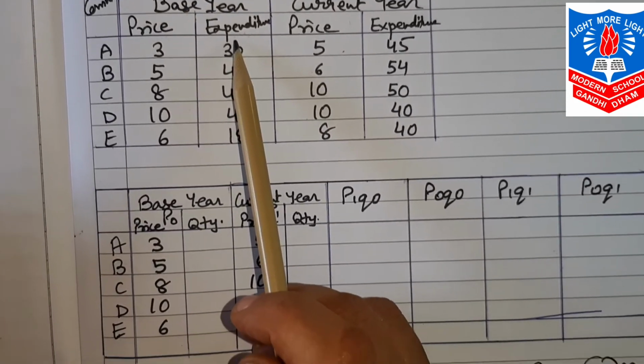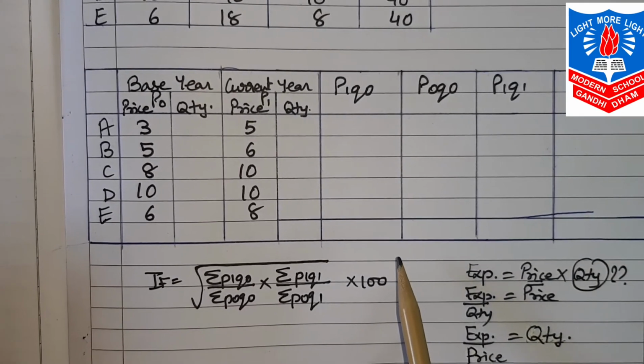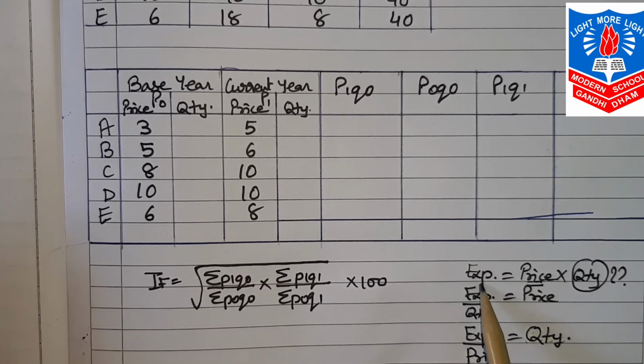Now for that, it is very simple. Normally in the market, what we spend is the expenditure. The amount you pay is the price of that commodity multiplied by the quantity. For example, say we have taken 6 pieces and the price of each is 5 rupees. So 6 fives are 30 rupees you will pay. That is your expenditure. So there is no need of cramming this formula. Simply, price into quantity will be expenditure.